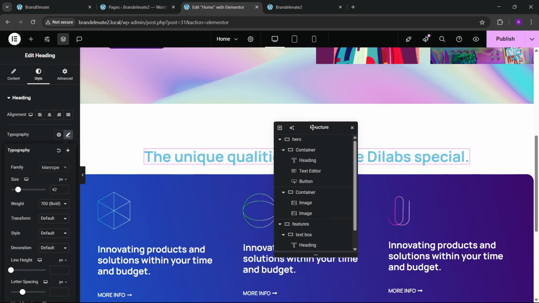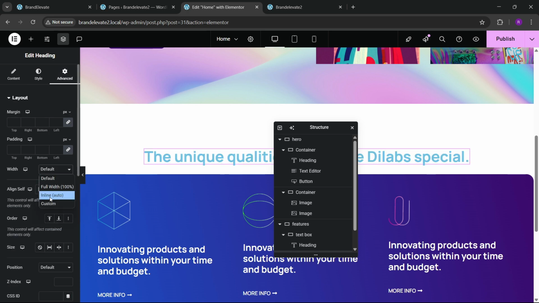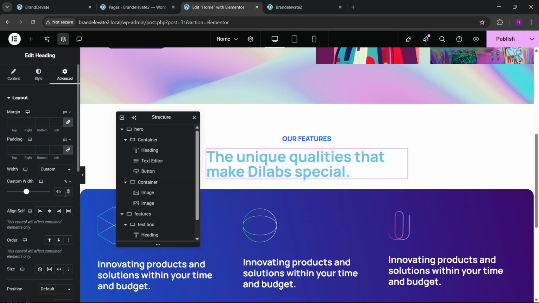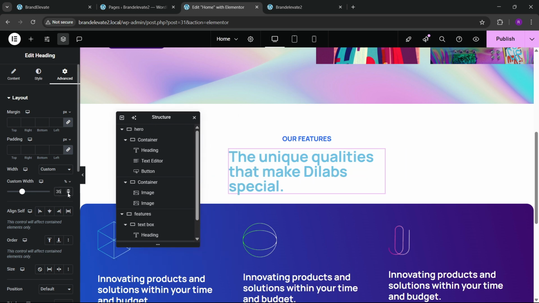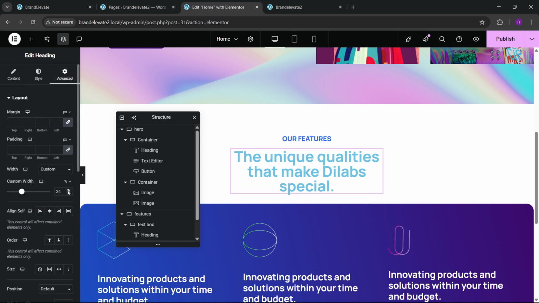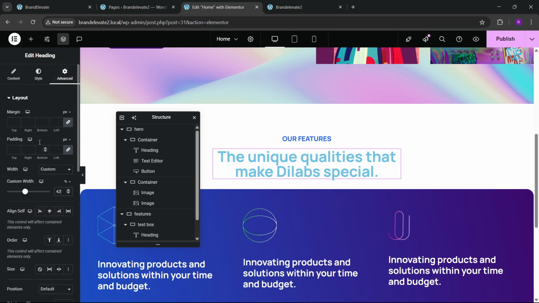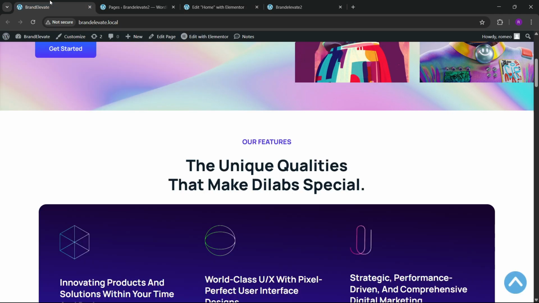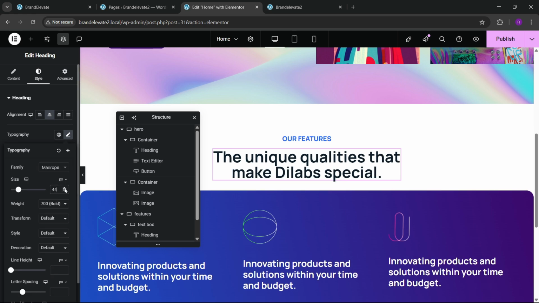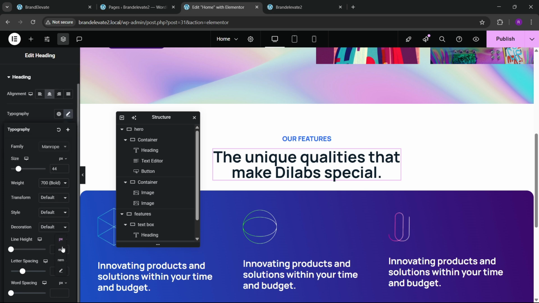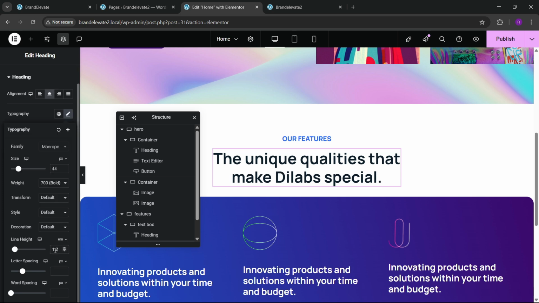Okay, and after the qualities, let me go to the custom value, and here we can have some custom. Okay, the qualities, and we can make this in the center. Okay, and here we can increase it a little bit like this, and we can make this black color here. Okay, and here you can see that we have the em value 1.2 em,